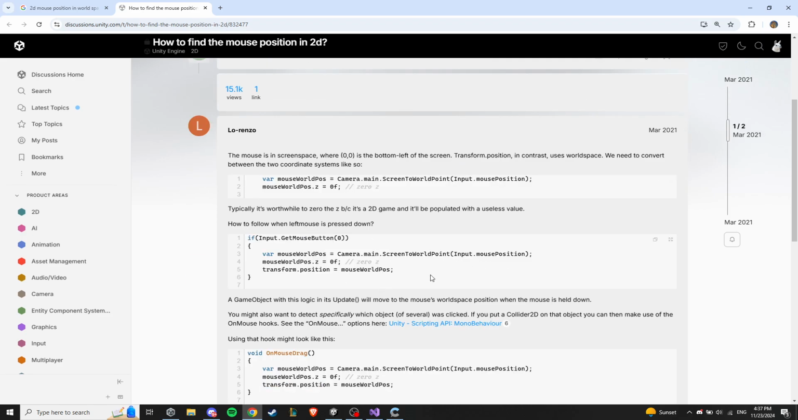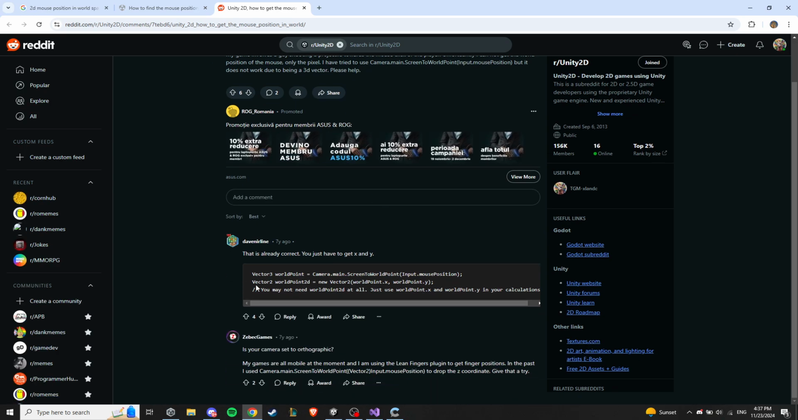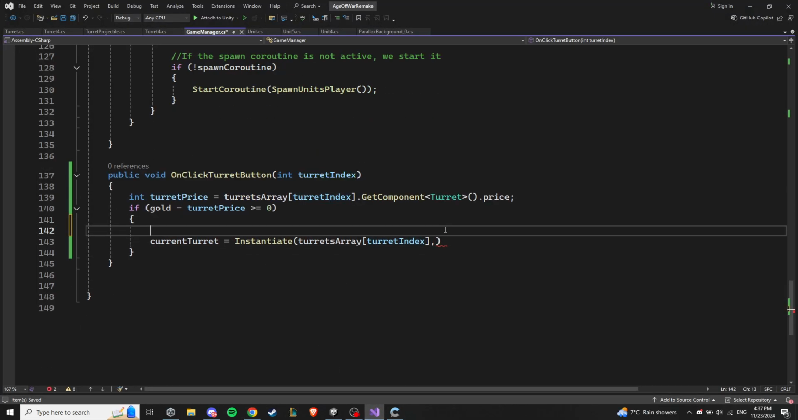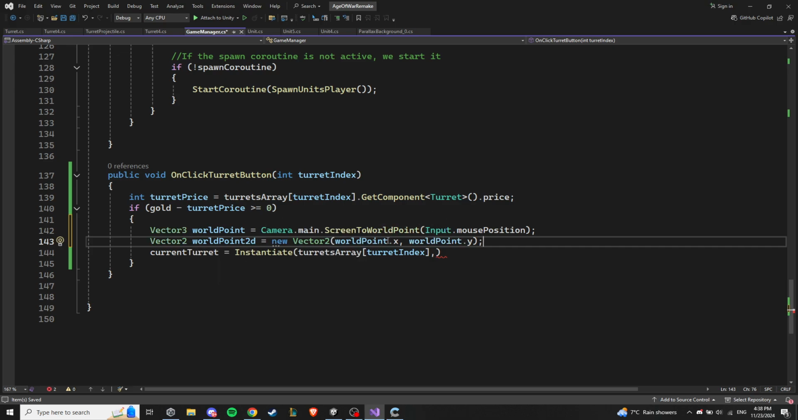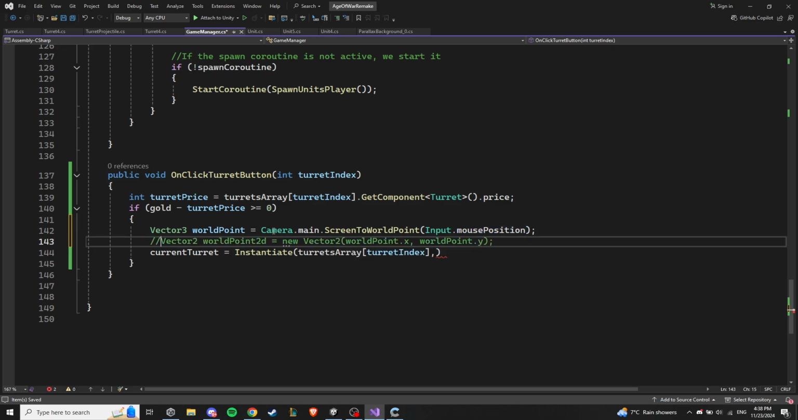Camera screen to world point. Okay. Mouse position in world space, that's what we need. Okay, so here we need to have that position. First we convert the position on the screen of the mouse to the world position, and then see here we convert it to a vector 2, but I don't think we need that. We just need to make sure that on the Z it is 0,